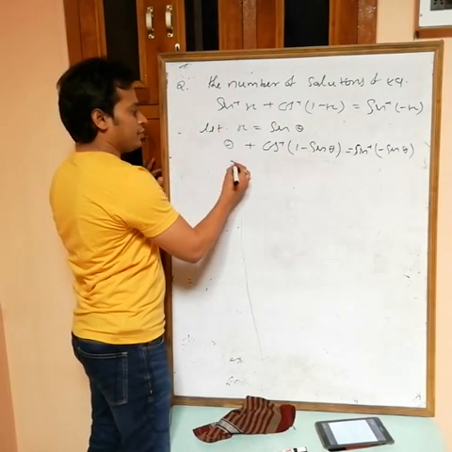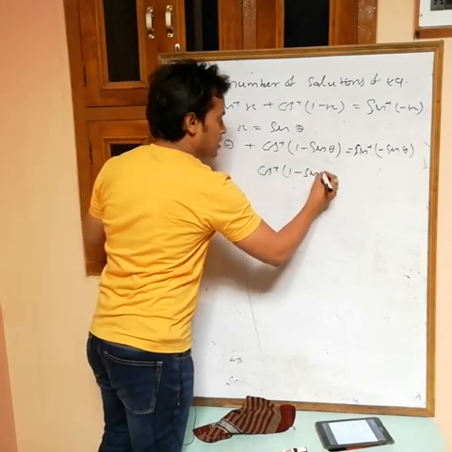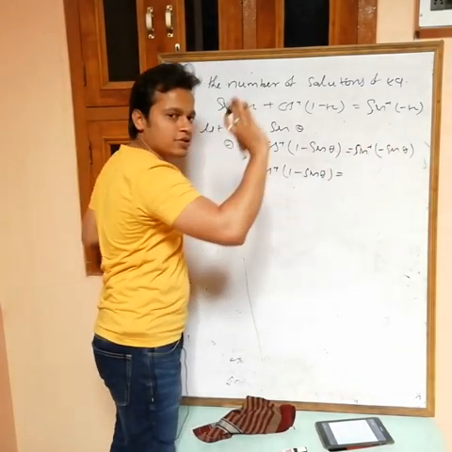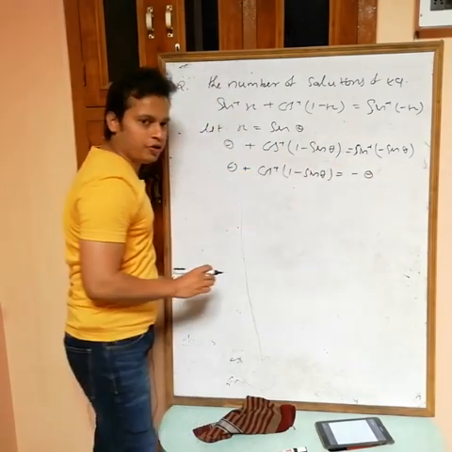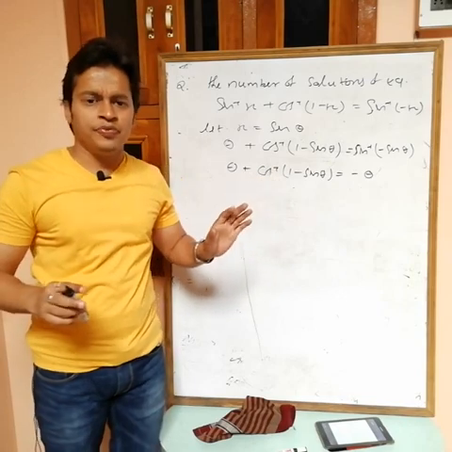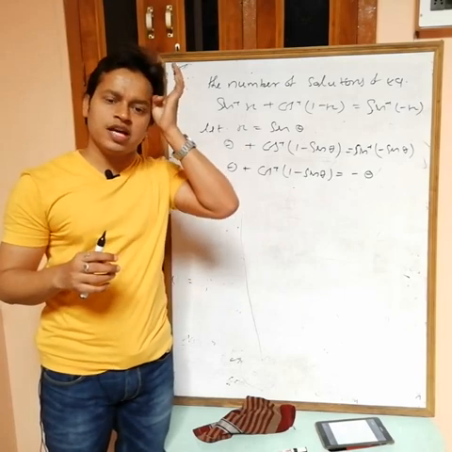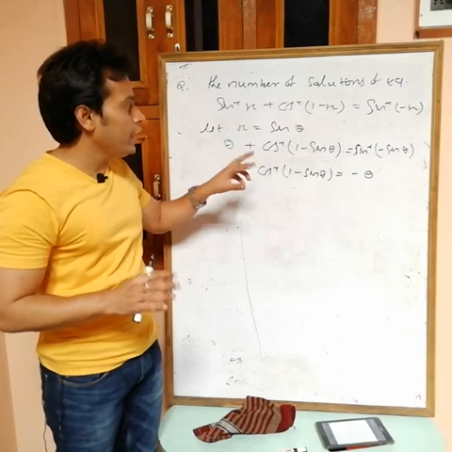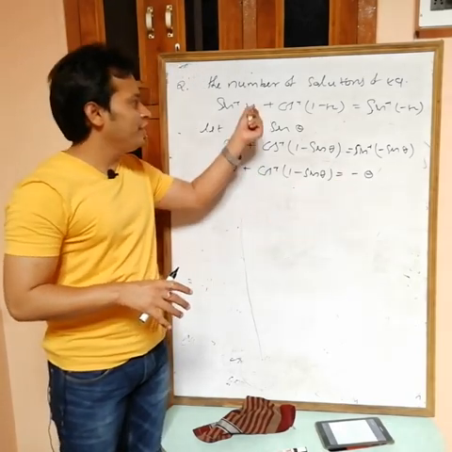Now see, theta plus cos inverse (1 minus sin theta). If you write minus outside, then sin inverse sin theta equals theta, so here we have theta and this one is minus theta. Now there is no need to use the formula for sin inverse sin x, because you can't identify whether theta lies in the range of sin inverse or not. So just directly cancel out. But because of this, at the end always check that the value of x satisfies this equation or not.